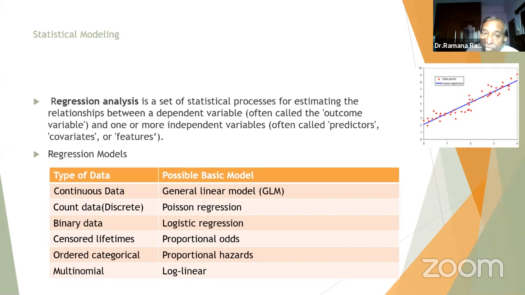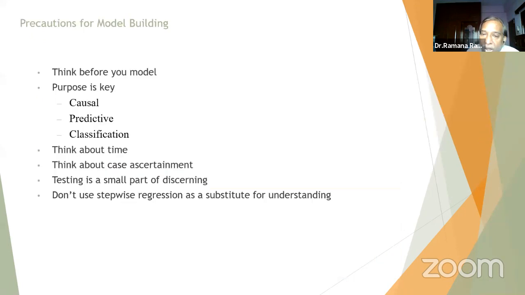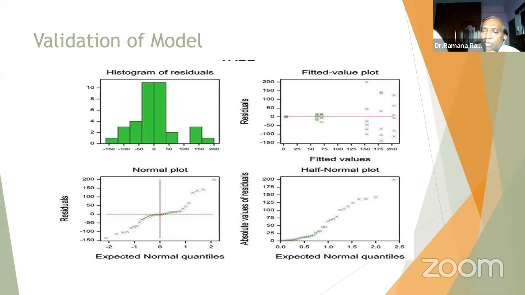But validation means, are you sure that the model you have built is really going to work for the purpose that you have developed it for? That is the validation, the intended use. The validation of a regression model comes in four subtopics. You must be capable of building a histogram of residuals, you must have a random pattern in the fitted values, and all the residuals, all the errors, should be normally distributed.